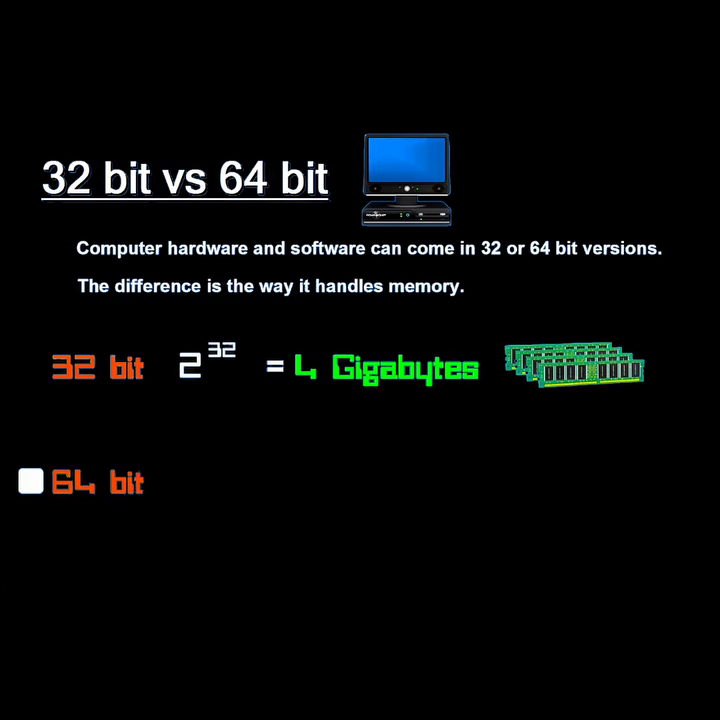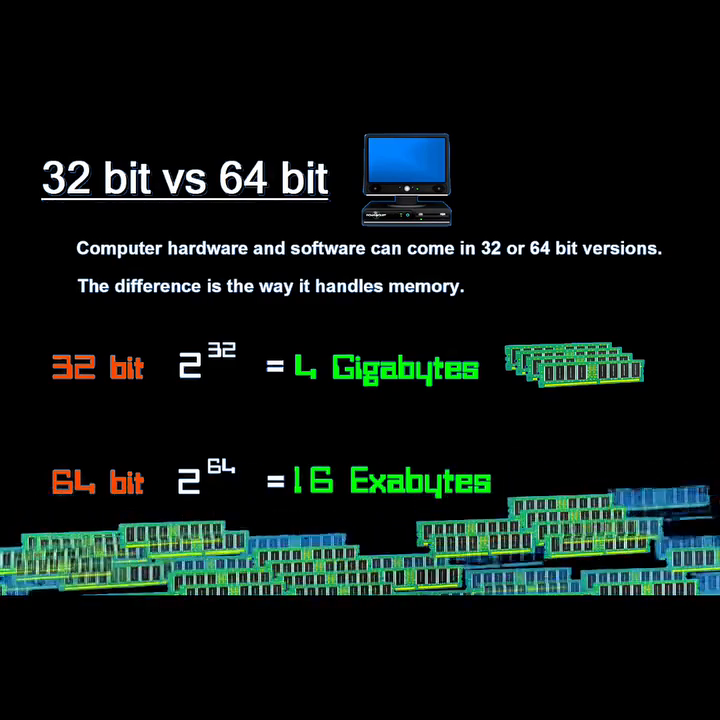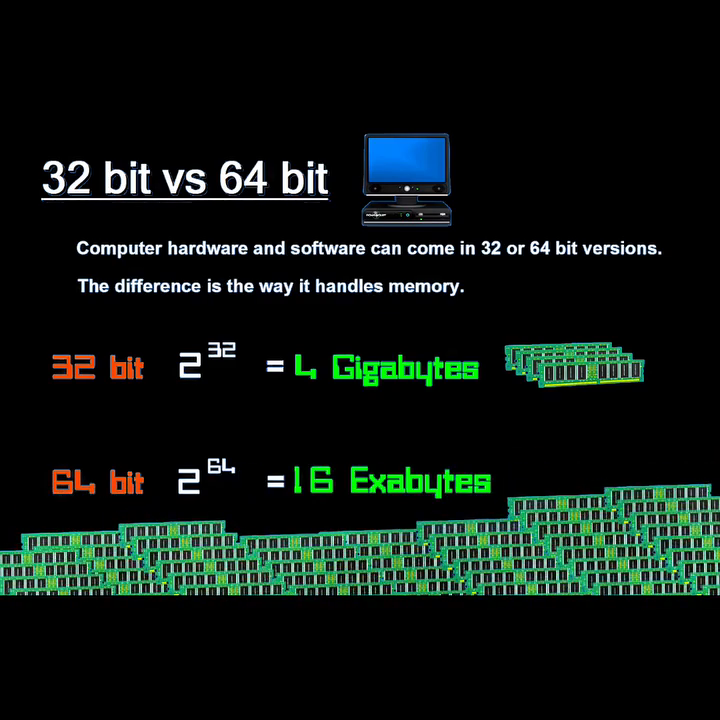However, a 64-bit system can reference 2 to the 64th power bytes of memory, which equals about 16 exabytes, which is 4 billion times more memory than a 32-bit. Now that number is so huge that it's virtually unlimited, because we will never need to use that amount of